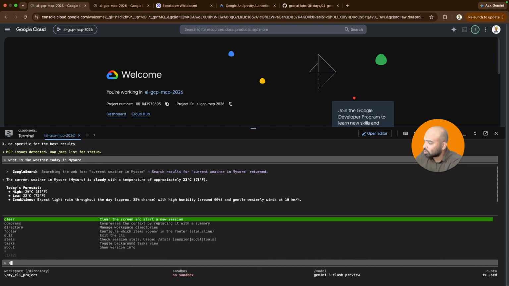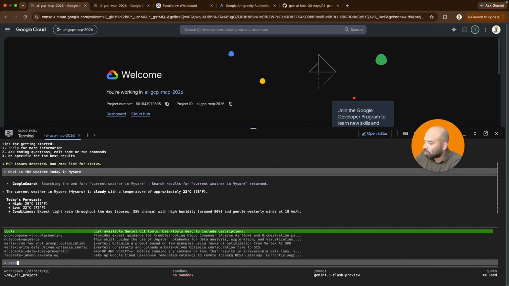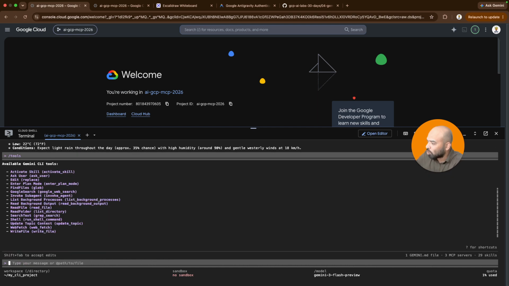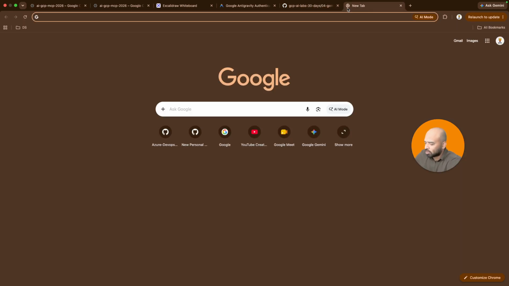So you can also see what tools it has. /tools is going to give you a list of tools it has. It has activate skill, ask user, a bunch of tools. Google search is what it actually used. So this is where we are understanding it is using tools to get the job done, right? Make sense? So now there's a website called Star of Mysore,